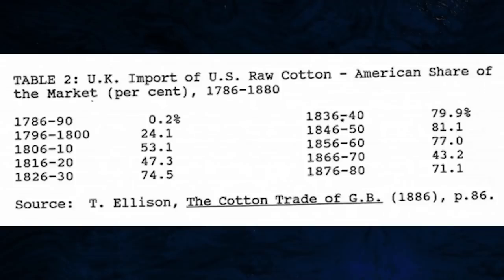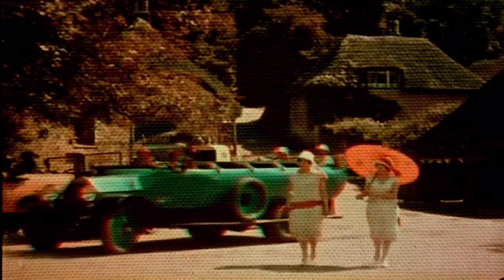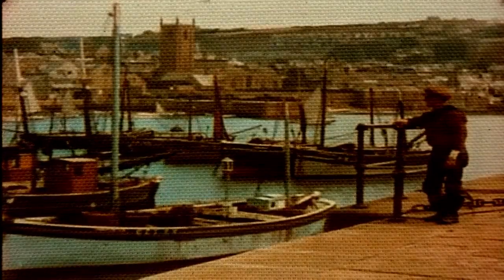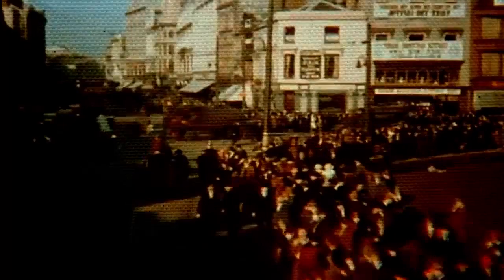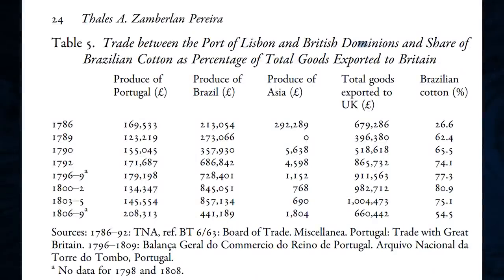And another addendum: where did Britain get its cotton from? Well, from 1806 to 1880, about 65.9% of Britain's cotton came from the United States, according to Stanley Chapman from the University of Nottingham. So I guess Britain industrialized on the back of the United States and prevented the United States from industrializing, because buying cotton from someone prevents them from building factories. And that's why the United States never managed to industrialize. Oh wait, Thoreau's wrong. And if you look further back, Brazil makes up roughly 64.5% of all British cotton imports from 1786 to 1809,